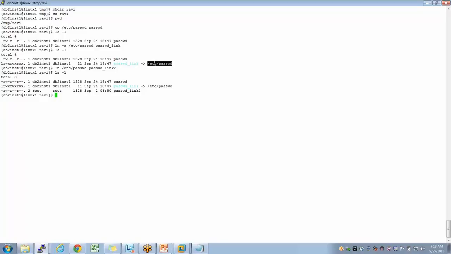But when I simply say ln, target and destination, it created the same file here, 1528. But still, if I do some modification here, it will affect this one. That is true, but it will maintain one local copy plus the link. I repeat: when I say -s, it will only maintain a symbolic link. But when I don't specify -s, it will maintain the link as well as one local copy.